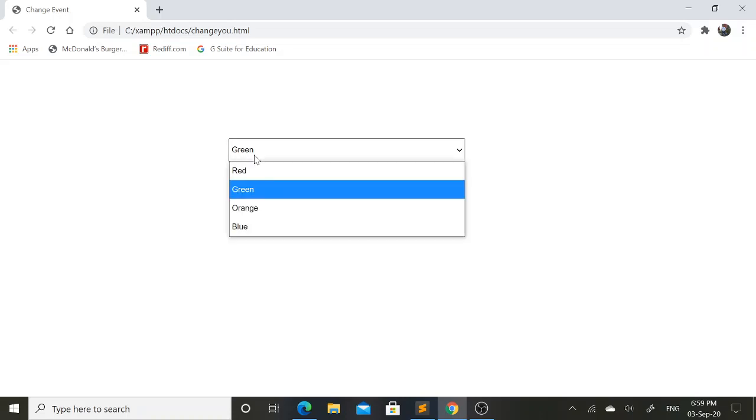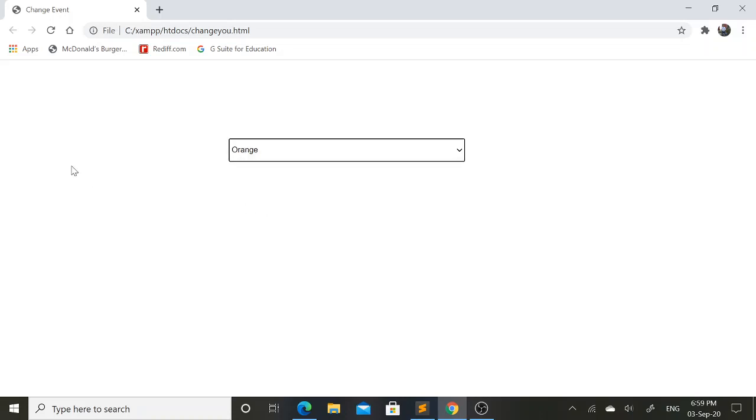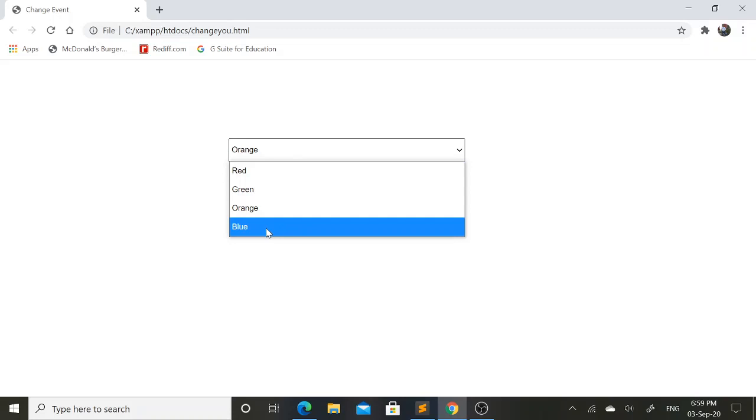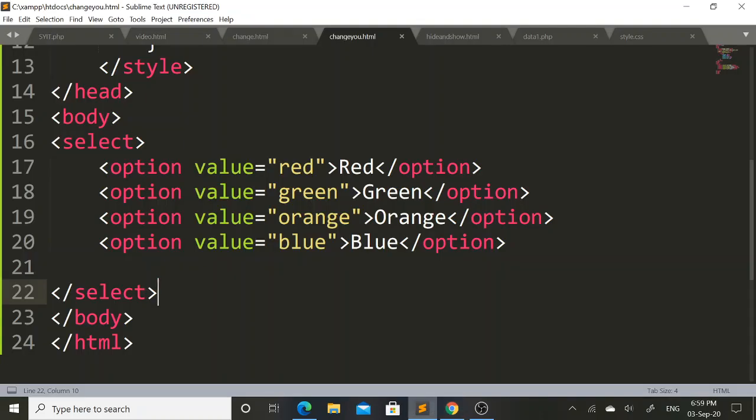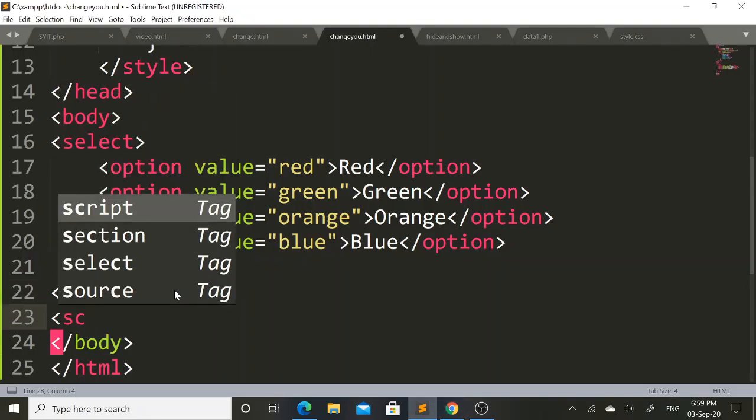For example, if I select orange color, then the background color of this web page will convert into the orange color. If I select blue color in the drop down list, then the background color of this web page will convert into the blue color. So to do that, below this drop down list I will mention script tag.